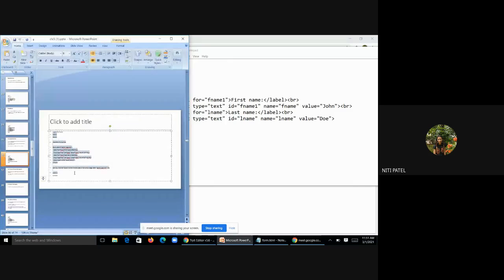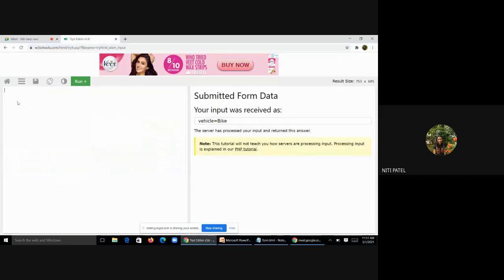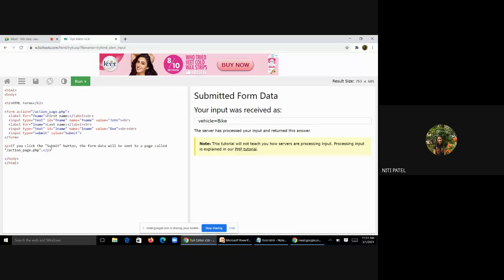So this is the code for your submit button. Let us see again. So I have created a form where I have text fields. Both the text fields are there. In the first text field I have to specify the first name. In the second text field I have to specify the last name.